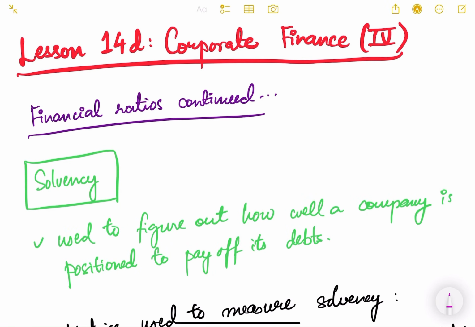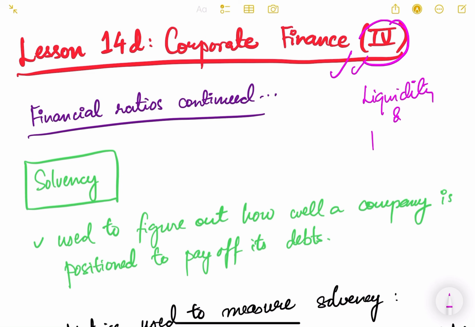Let us continue corporate finance. This is the fourth video of this lesson and this is the last video of this lesson also. So in this video we are going to study about some of the financial ratios which we could not discuss in the previous video. In the previous video we have studied about the financial ratios or metrics which are used to assess a company's liquidity